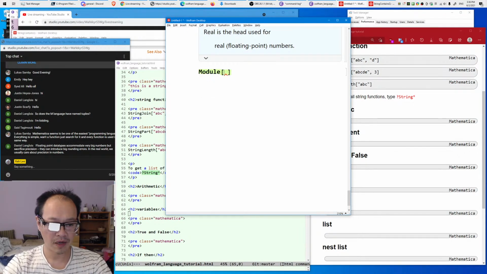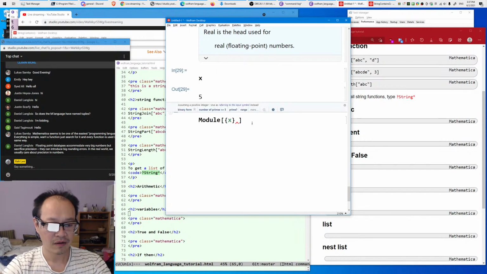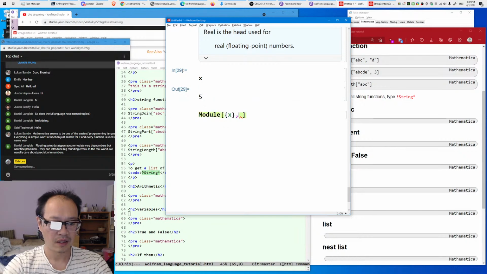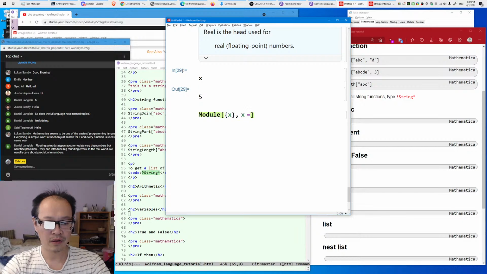The name might seem odd to you, but that's how you do it. For example, we defined x before. So if we type x, it's 5. Now, you can say Module, okay? Module, x equals, let's say x equals 3. Okay, then